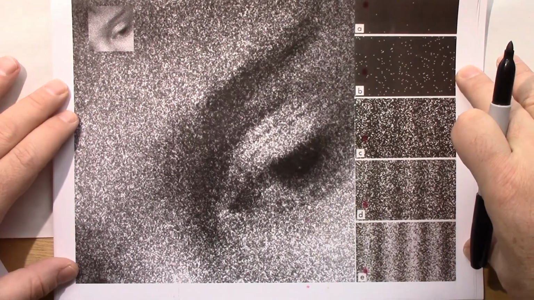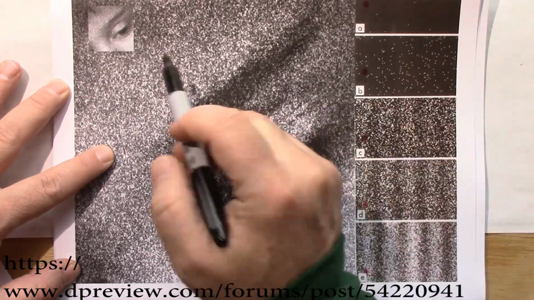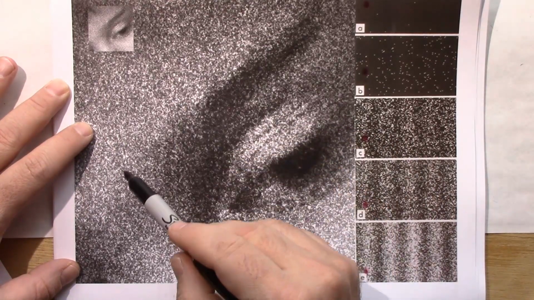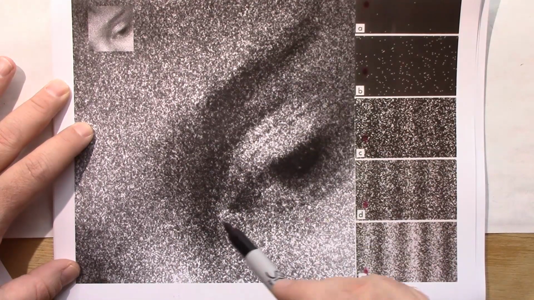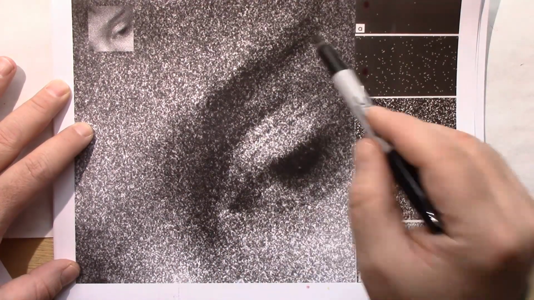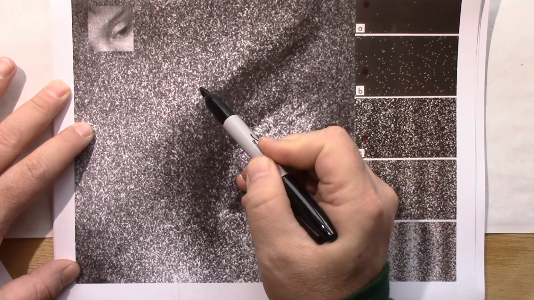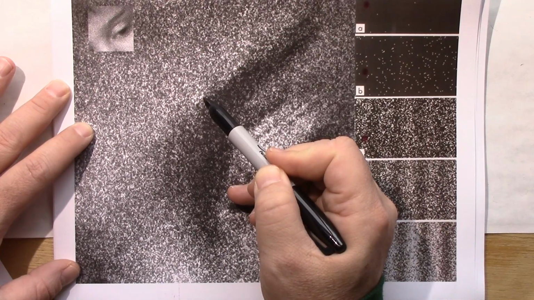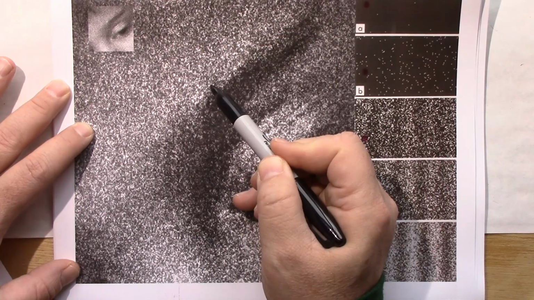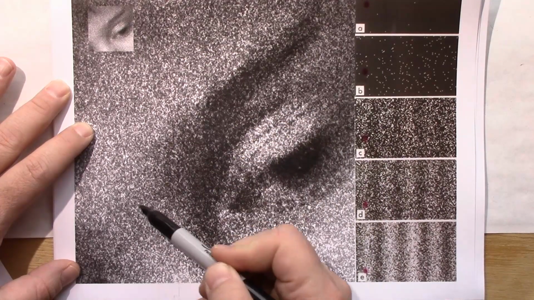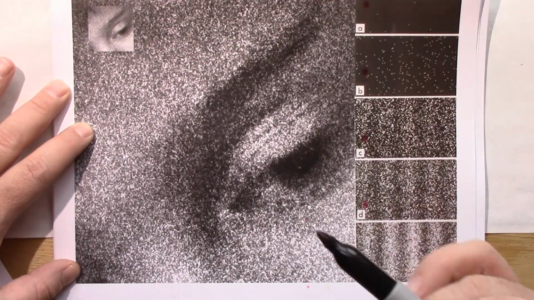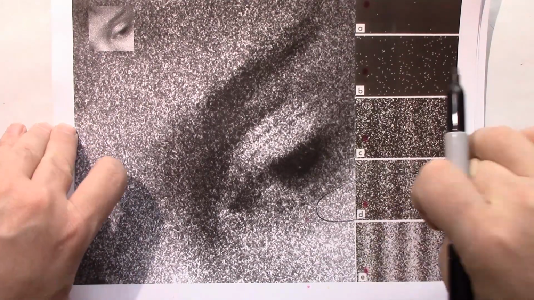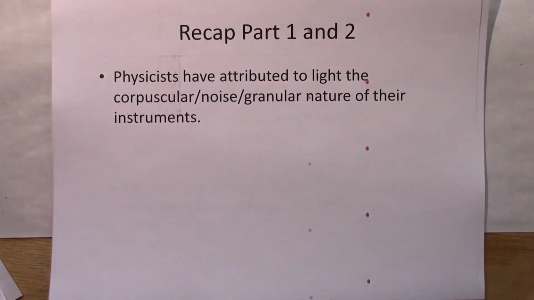This is a picture of, and this actually came out better in the print, a child's face. Here it's blown up so much that you can see it looks like a whole bunch of speckles. This is the grain of the film. This isn't photons. These very bright, big grains over here are very large grains, and they're more susceptible to low light conditions. That's why they're brighter. And that's how they get the shading of the film, so you can get that good dynamic range. And you can see how much it looks like one of their double slit patterns over here that are also under low light conditions.